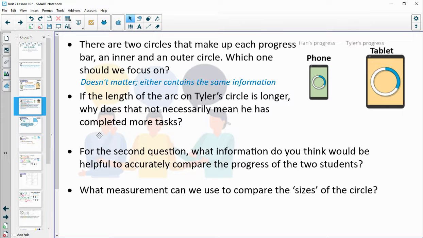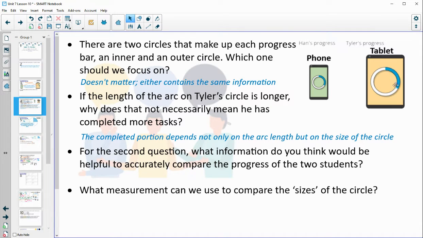That has to do with the fact that the completion would be the portion of his arc length to the total circumference. And this circumference is going to be larger than this circumference on the phone. So it takes more than just knowing the length. You need to know the portion that's completed, or the fraction that's completed. So what would we need in order to more accurately compare the progress of the students' work? We could certainly know the circumference and then divide to look at the proportion or the